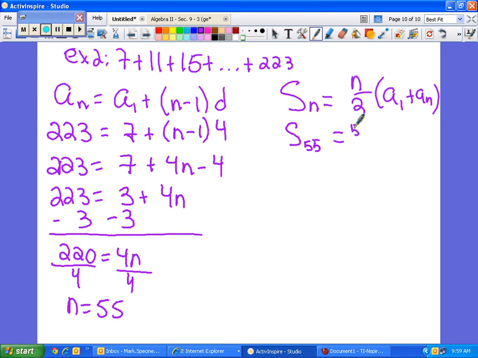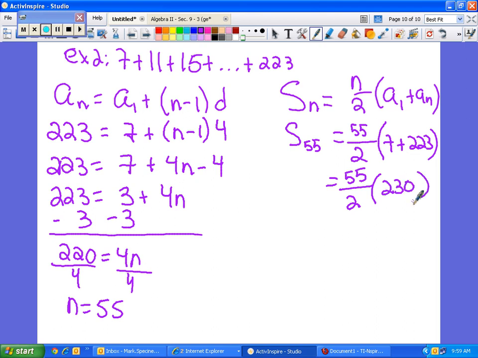My n is 55 divided by 2. First term plus last term: 7 plus 223 gives me 55 divided by 2 times 230. At this point, if you want to just put that into your calculator directly, you can. If you want, you can simplify 55 divided by 2. It doesn't really matter at this point. We multiply together,